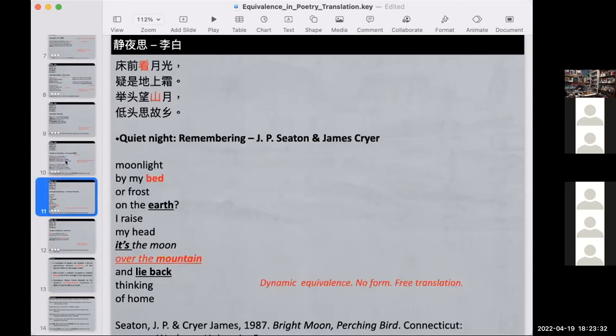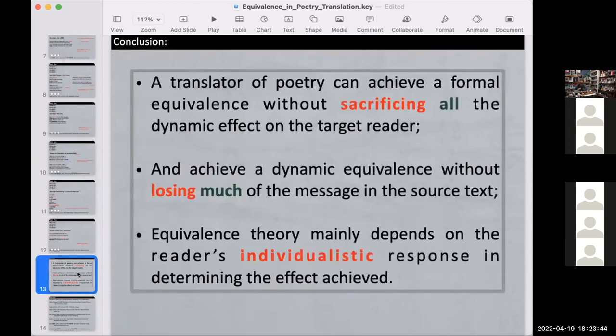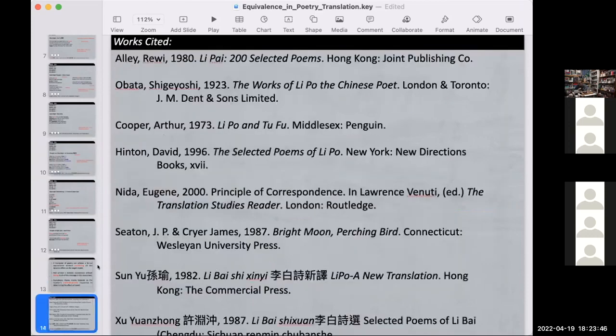Like the example I gave here, this translation by Xu Yuanchong is perfect in terms of rhythm, but in terms of language, is it perfect? Is it natural or not? It depends on the reader. Okay, these are the